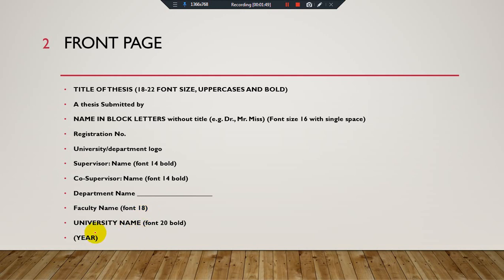And at the end of this page you have to provide the name of the university, and then the year in which you are completing your degree. This is the front page structure given for the social and management sciences students.